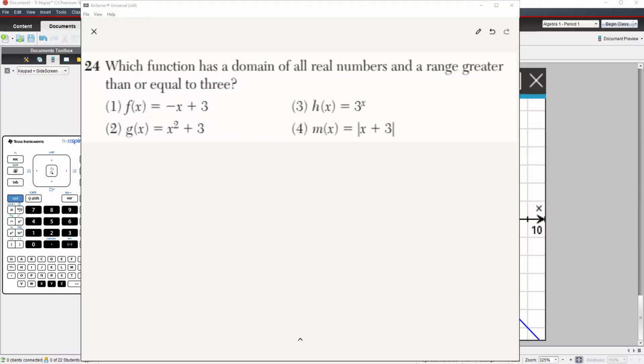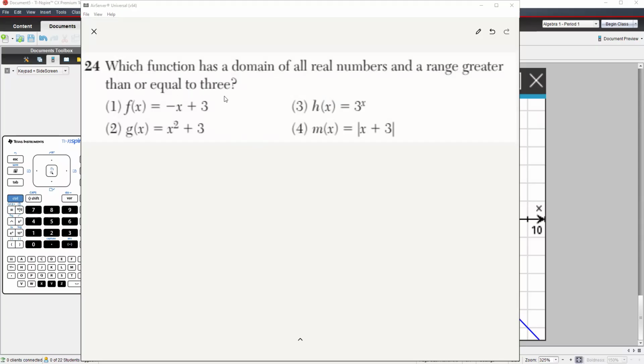Hey guys, this is question number 24 from the June 2024 Algebra 1 Regents exam. This is the last question from the multiple choice section. I'm going to wrap this up and then make sure to post all of the videos and put them in a list. It says, which function has a domain of all real numbers and a range greater than or equal